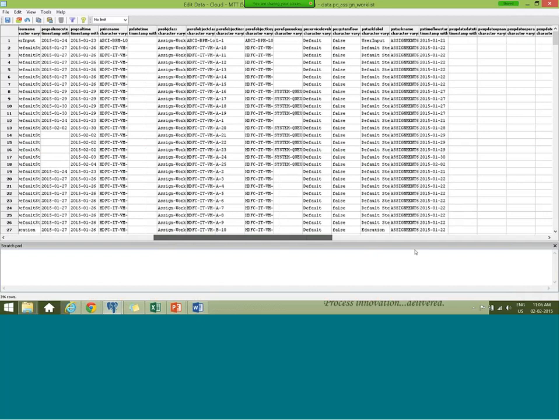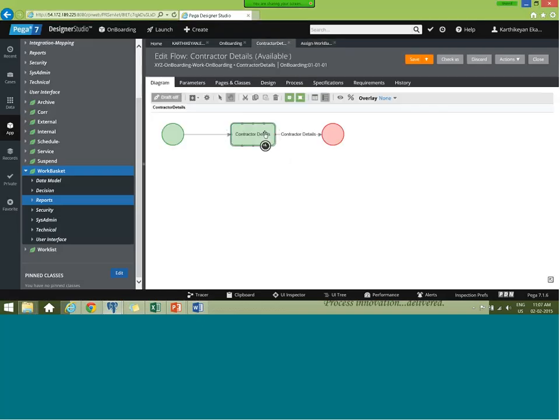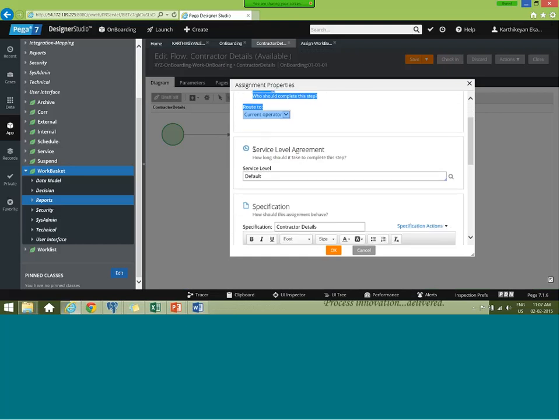All the information. So what does the assignment contain? Initially the routing: where it has to go, to which user or which work basket it has to go, and the SLA. You have to set in how much time this task has to be performed,